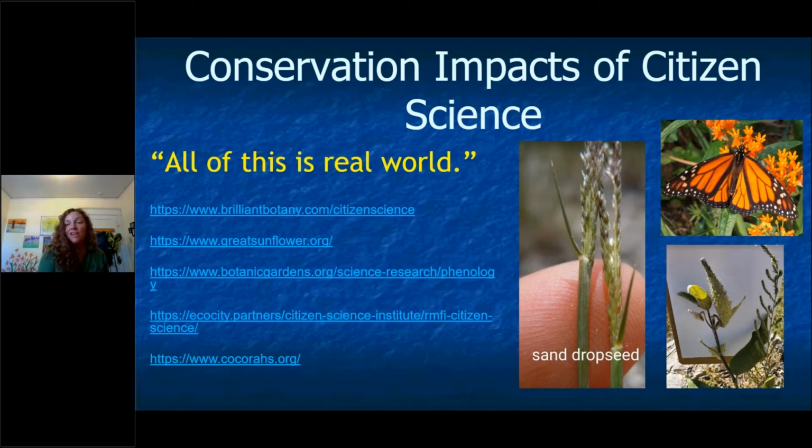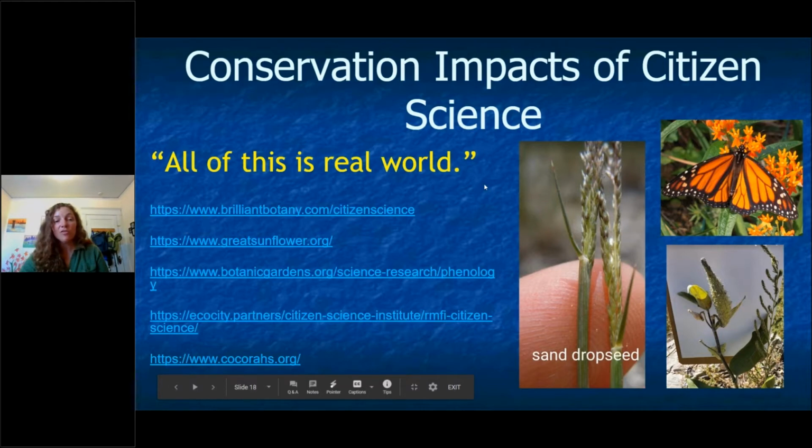So if a volunteer engagement is not personally gratifying or practically meaningful, or doesn't have a real world context or problem basis, adults won't come to the table, or they will and they won't be retained. And when I was doing my research, this term just kept coming up: all of this is real world. We are doing something extremely important as citizen scientists, and the conservation impacts of our work